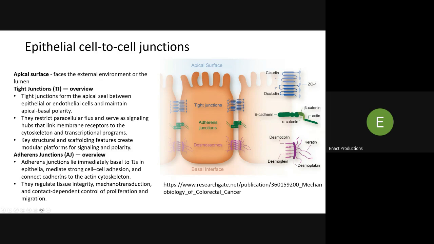But the adherent junctions lie immediately basal to the tight junctions. That's below in this picture. They're basal, and they mediate strong cell-to-cell adhesion and connect cadherins to the actin cytoskeleton. Please recall that